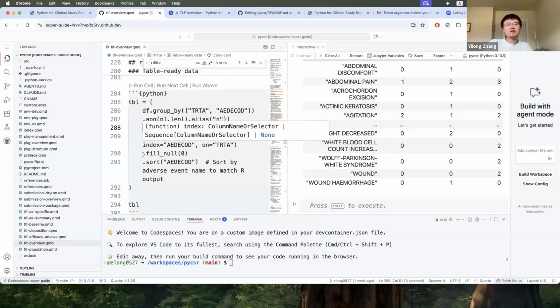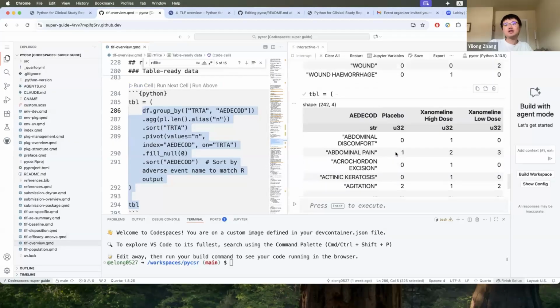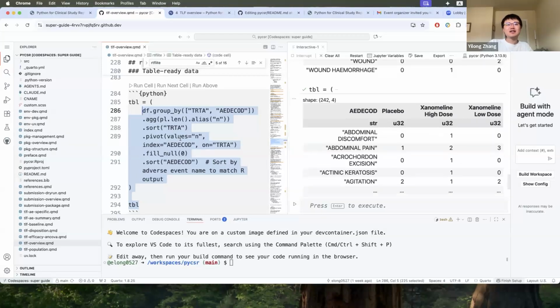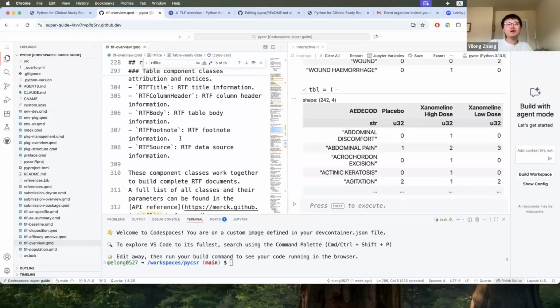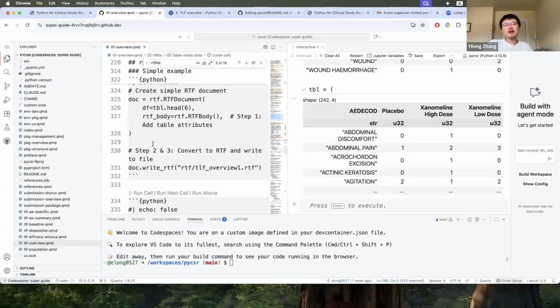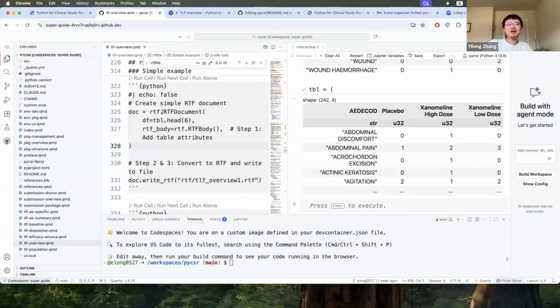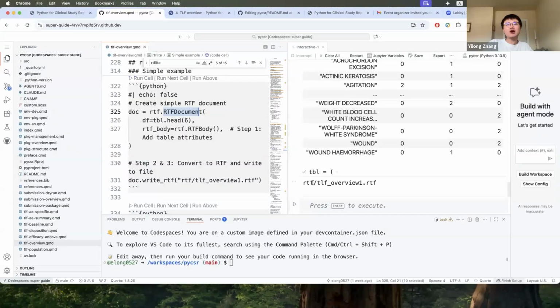And then you can just pivot to the table, so you can get a table that's almost ready for the analysis with the next example when we do the AE listing or AE specific, right? So that's how a manipulation can happen with a table. So the next part is that, hey, now I have an RTF-like document like we just showed. We have the first one and get RTF table. Now we can just run and get output into the RTF folder, right?